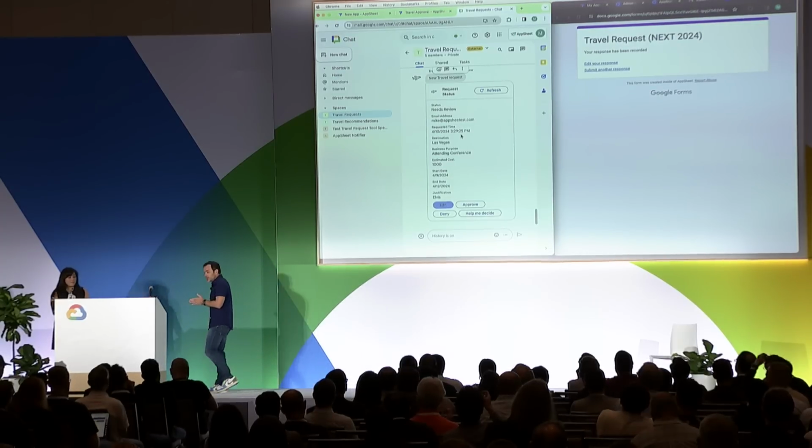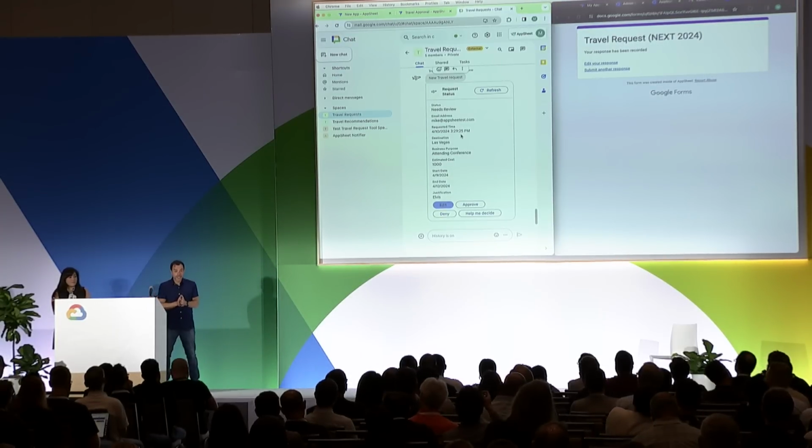What this is going to do is call a service, and it could be really any service. In this case, it's an AI service that's going to take the prompt and evaluate it and do inference and let us know what the result is. So this button in this demonstration is hooked up to an external AppScript call, which is going to send the data over, and then we'll get a response directly in the chat for what the answer is.